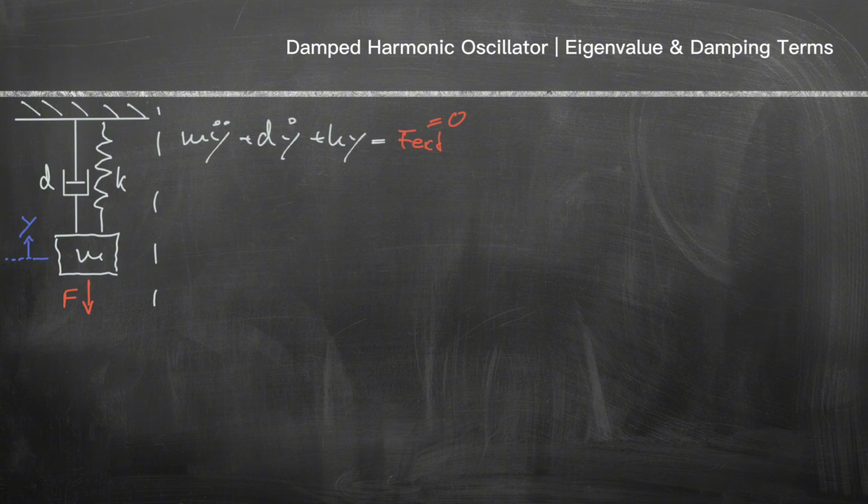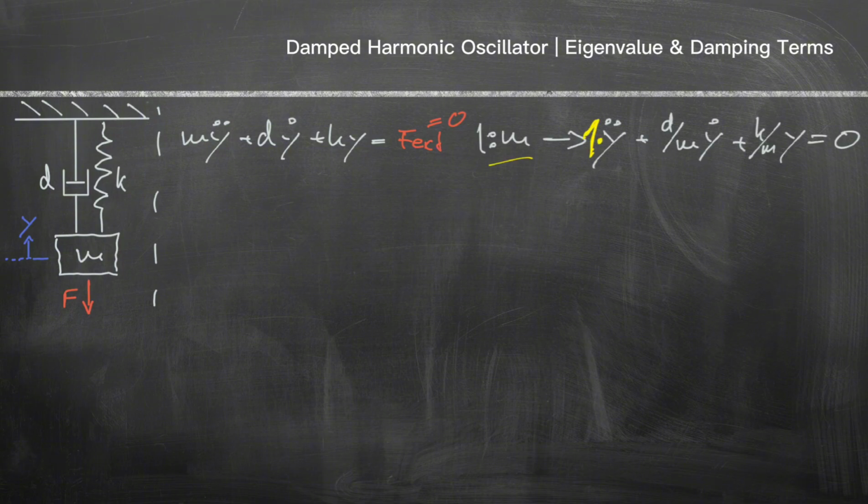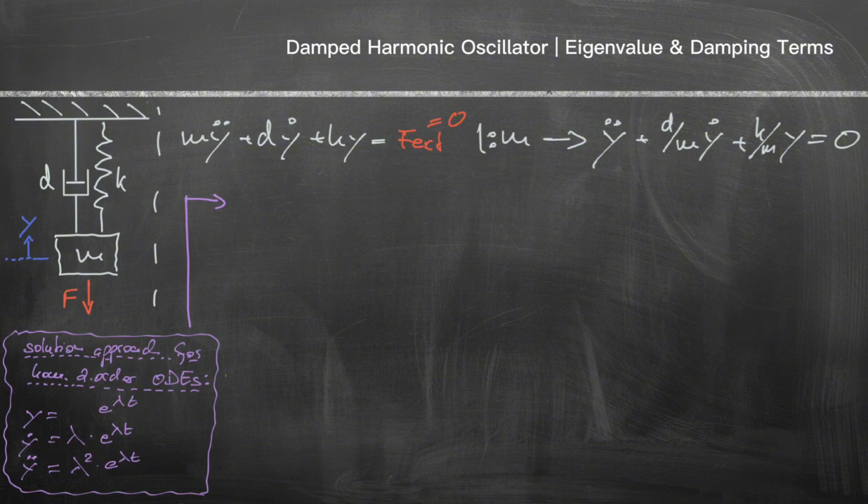Well then, first, we again set the external forces equal to 0, so that we obtain the homogeneous equation. We must now bring the prefactor of the inertia term to 1, which is why we divide the entire equation by m. This makes the prefactor of y double dot equal to 1, and the m shifts into the denominators of the other prefactors. If we now recall the solution approach for a homogeneous equation of second order, and once